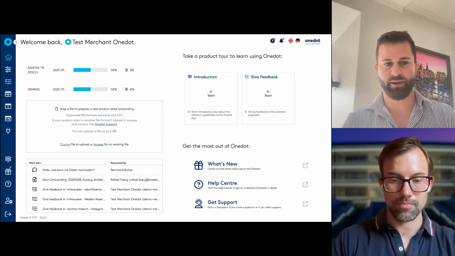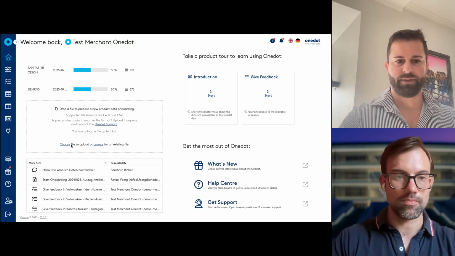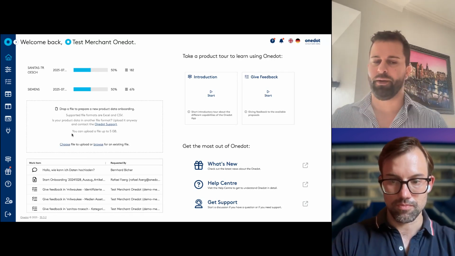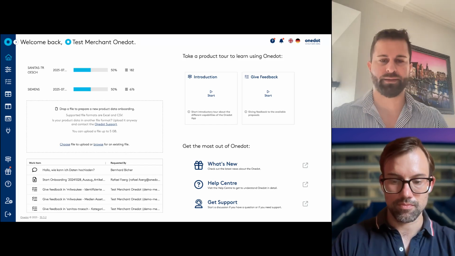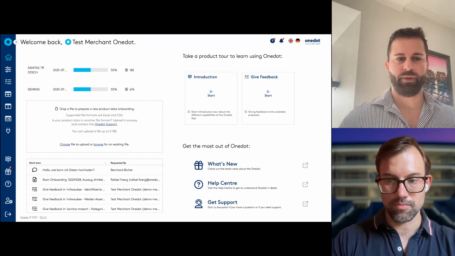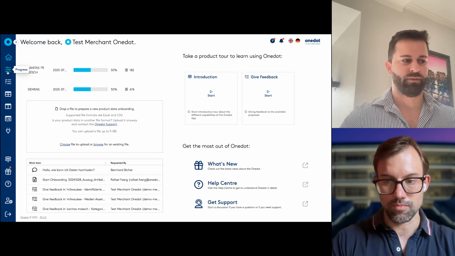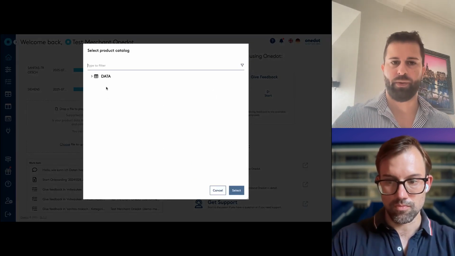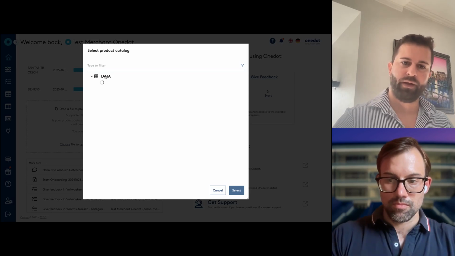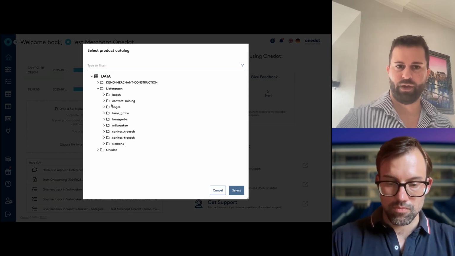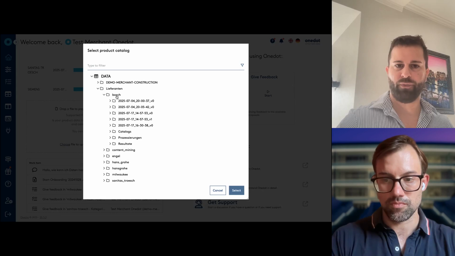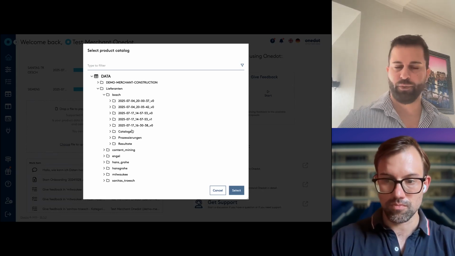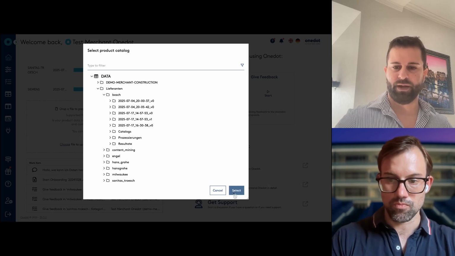The next thing you can do is you have two ways to start onboarding immediately. Basically by choosing a file. This is something you can immediately upload as a CSV, another BMEcat, or an Excel file, and it will pop up and show in the progress side. Or you can browse. If you have your supplier already in the platform, we have the different suppliers and we can choose one. Maybe you have already onboarded Bosch in the past and you want to upload and process a new catalog, then you choose the desired catalog.